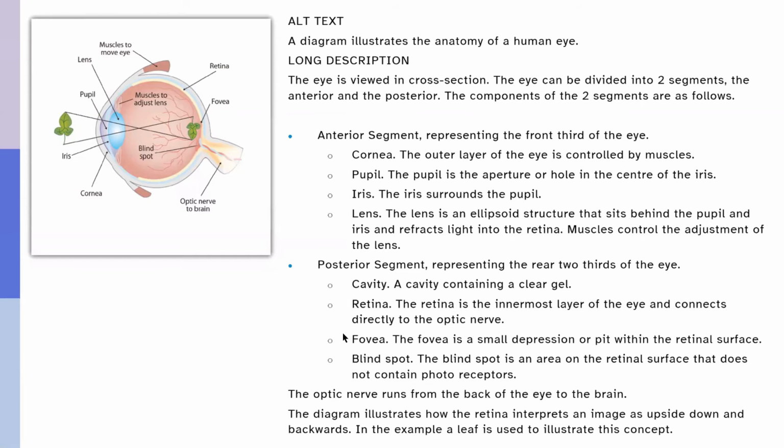Don't put all this information into an alt text, because the screen reader will just read the whole thing in one go, and it can be quite confusing. But if you've got this much information in an extended description, then the user can jump backwards and forwards and really kind of visualize where they are in that diagram.